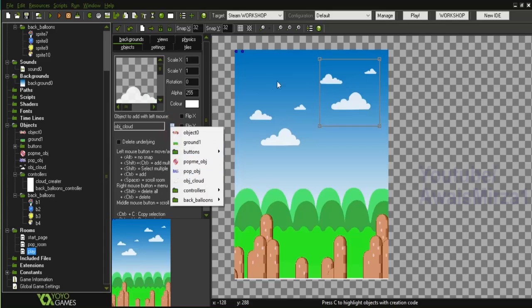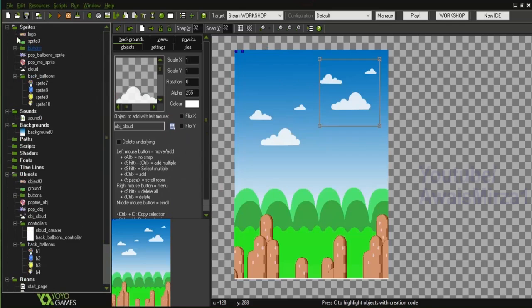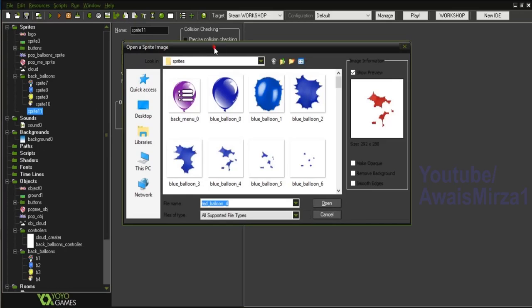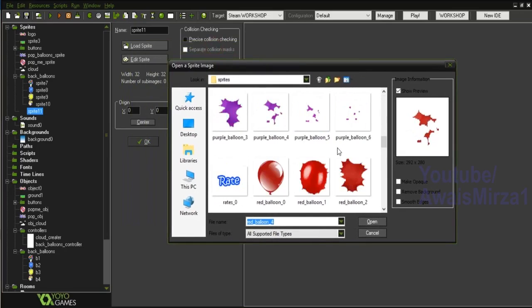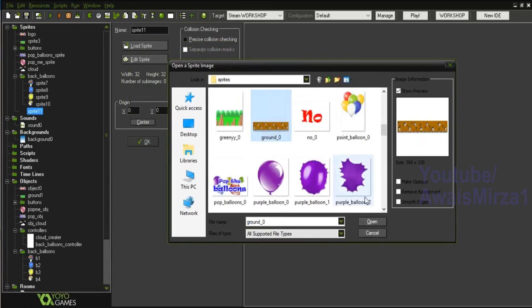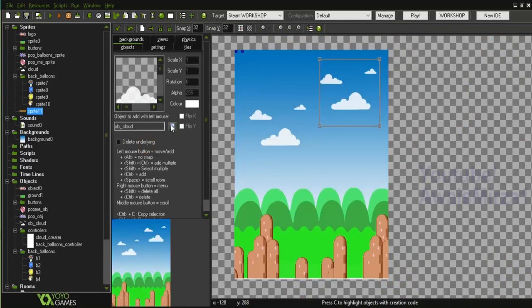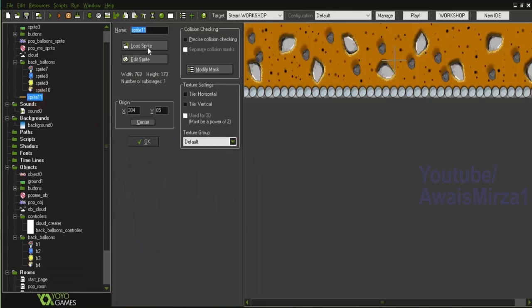We also need to add a few other things right here, so let's go and add those sprites. I'm going to right click on it, create sprite, and load sprite. First of all, I need to add a roof. I created this roof because I wanted to put the ads at the top when the game runs. You might also want to add those things. I'll just center this up, click OK, and double click on it and change its name to roof